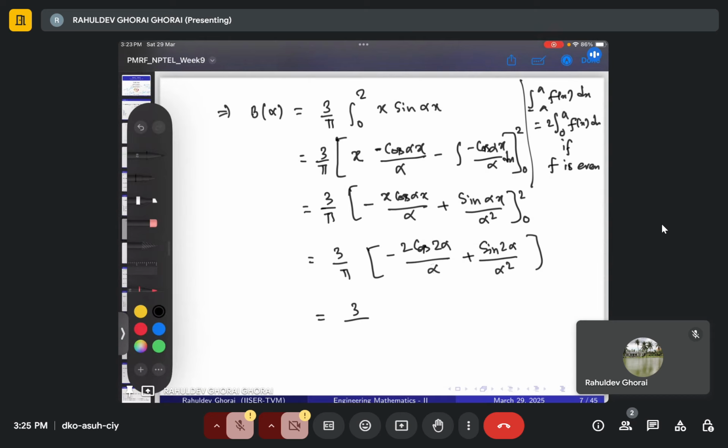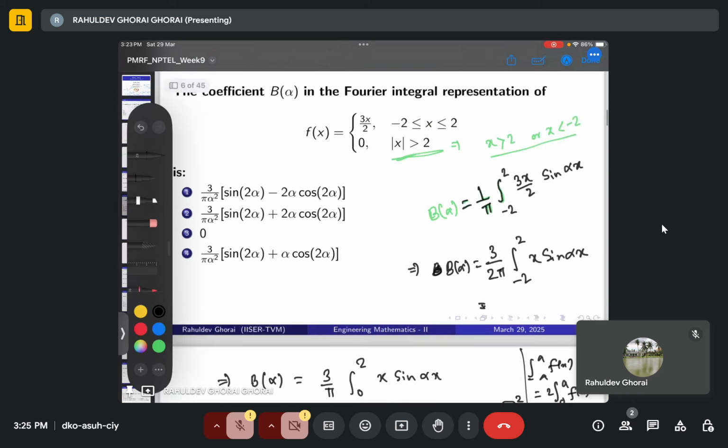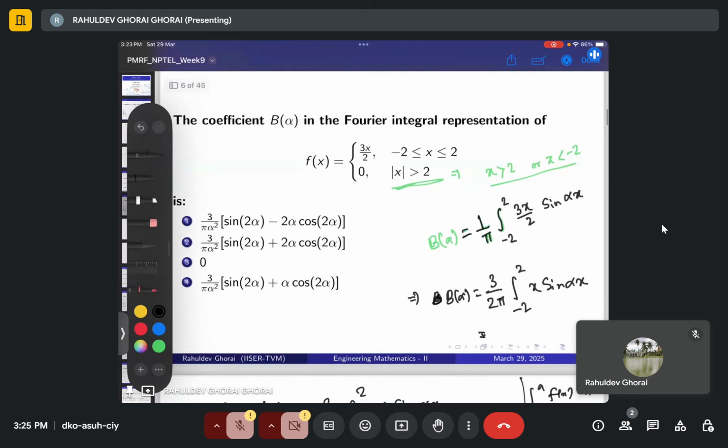So when I take 3 over alpha square pi, why I am taking like this, you will understand. Then it will be sin 2 alpha minus 2 alpha cos 2 alpha, so that it looks like our given